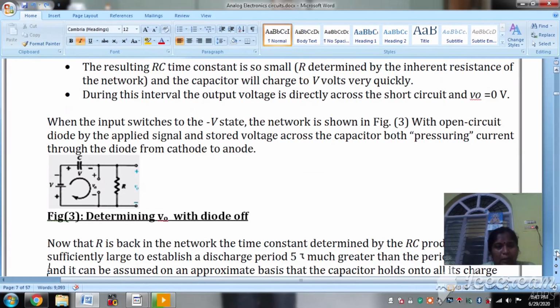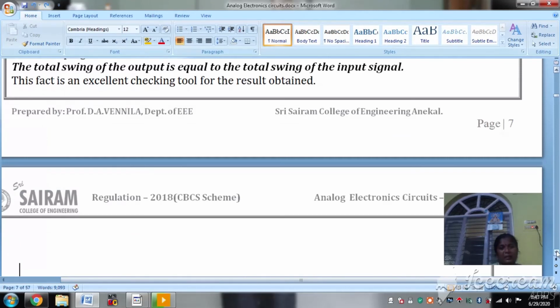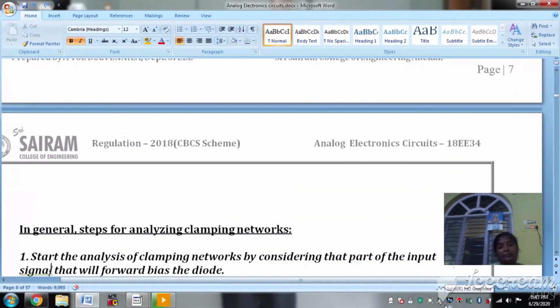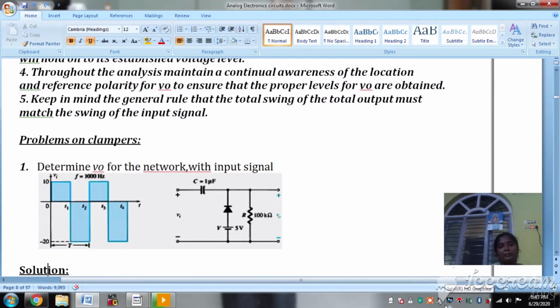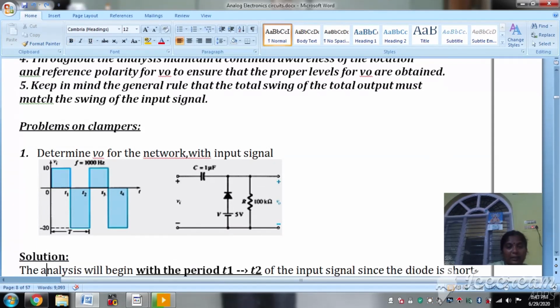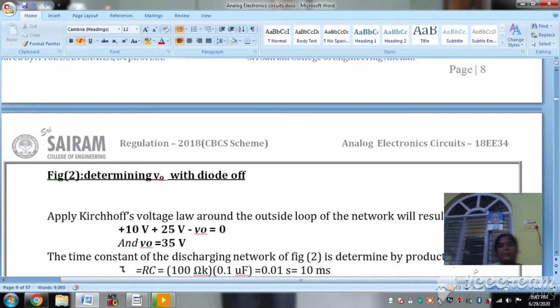And if the diode positive is connected to ground, that is positive clamping. That is the difference between negative clamping and positive clamping. If the diode negative is connected